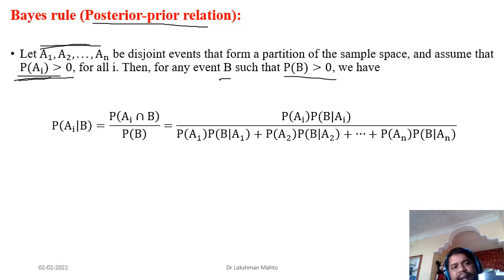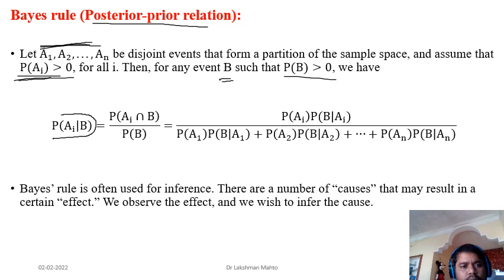Now someone is saying that if some event B is happening and you have already seen B, based on that, is there any update in the probability of the members of the partition? This probability we call the posterior probability of Ai. So how will we calculate this posterior probability of Ai? We calculate it with respect to B. Event B is happening, so we calculate the probability of A happening in B divided by the probability of B.